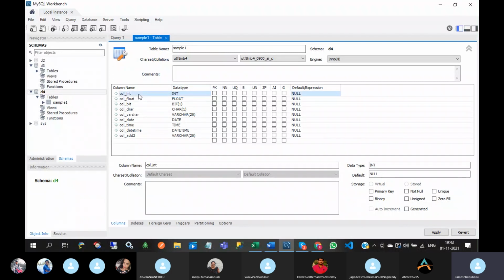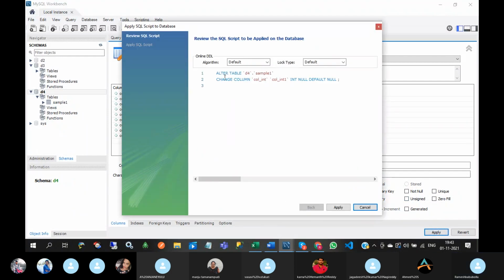Okay, so I am changing the column name here, appending 1 to this column. Click on the apply button. See this, this workbench tool automatically generates the script, whatever I have written earlier.